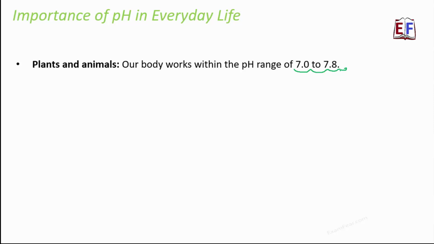In fact, if you talk about our surroundings, if the pH of rainwater is less than 5.6, then that rain is called acid rain because it becomes too much acidic in nature. And acid rain is very harmful for aquatic life, and not only aquatic life, for so many monuments. For example, the color of the Taj Mahal changed from white to, you would have seen, quite blackish, and that's because of acid rain.